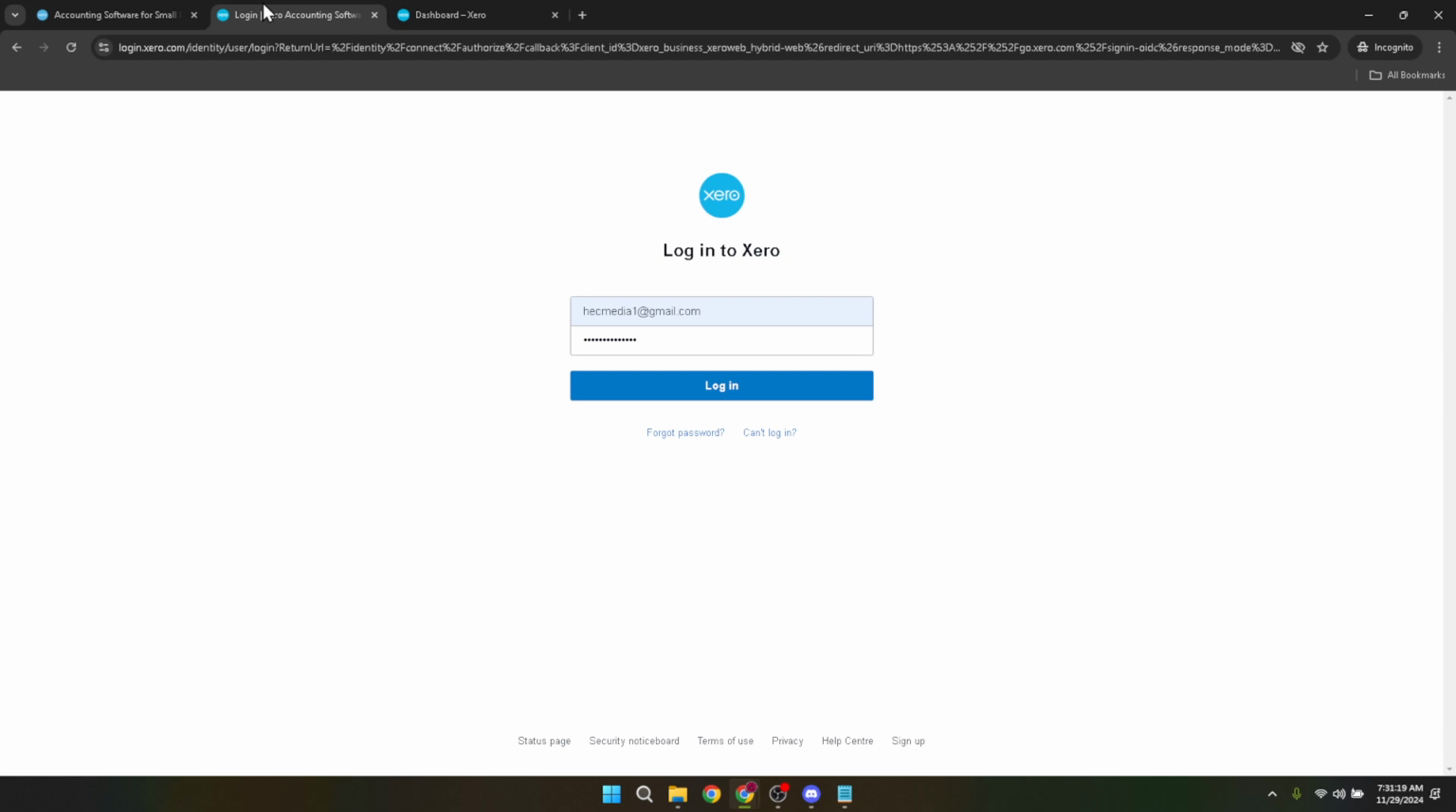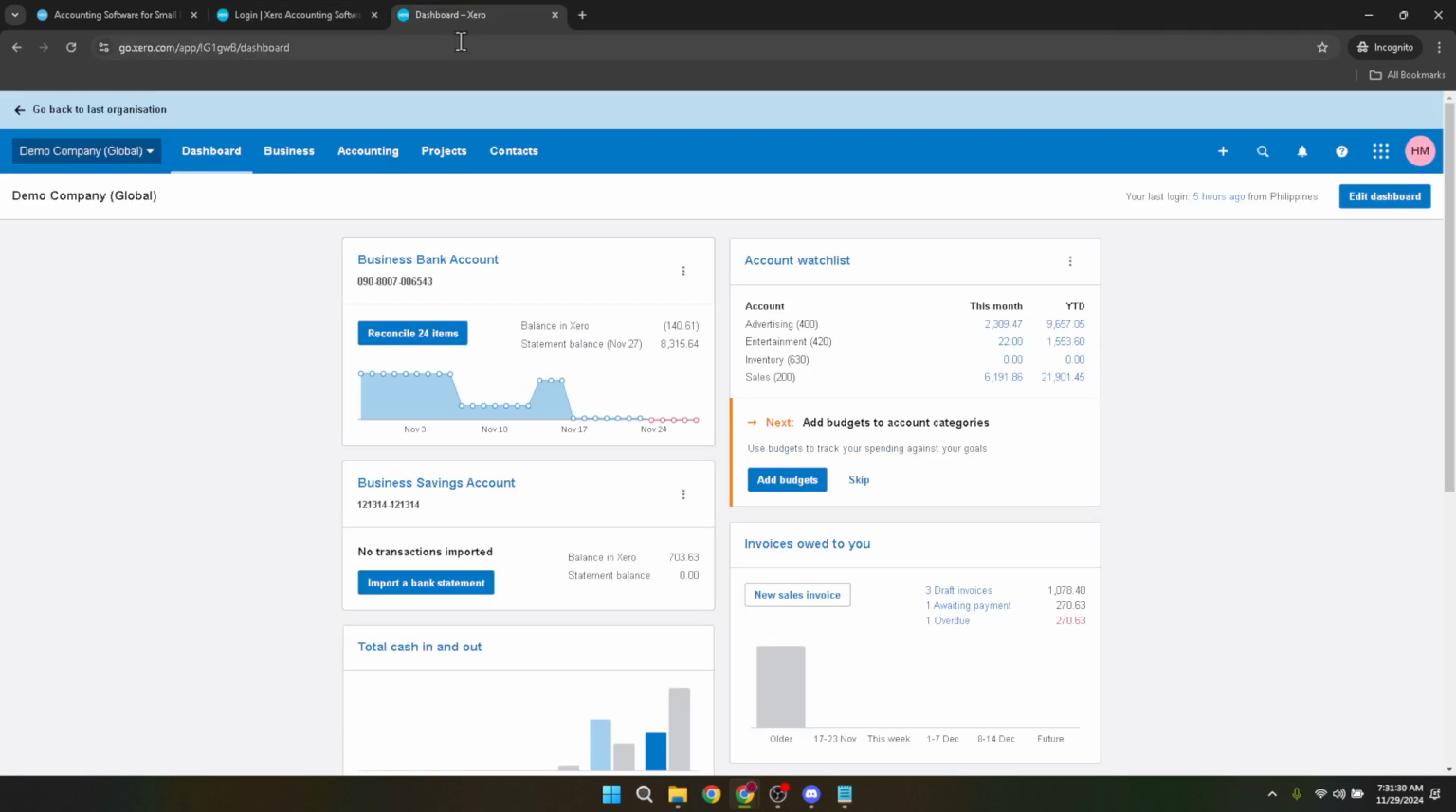Go ahead and enter your specific login credentials. Remember, it's crucial to keep this information secure, so be mindful of your surroundings if entering these details in a public space. With your credentials entered, click on the login button to proceed. If you've entered your details correctly, you'll be directed to your Xero dashboard. This dashboard is your control center, where you can navigate to different sections depending on what task you wish to